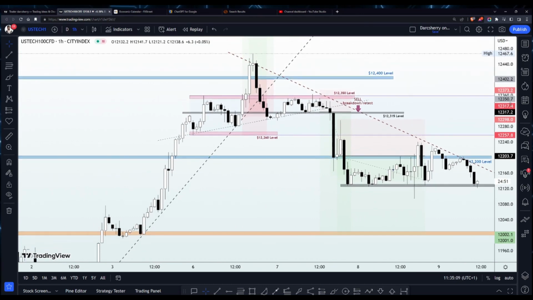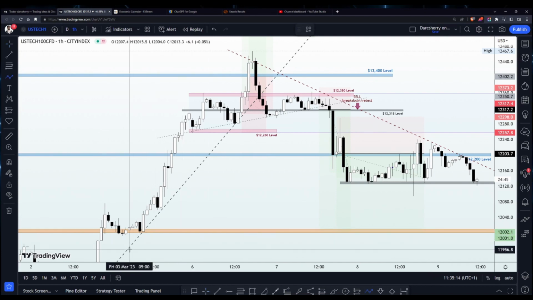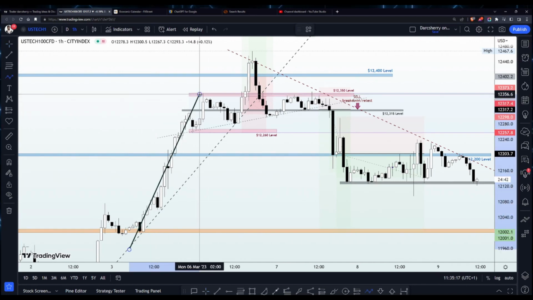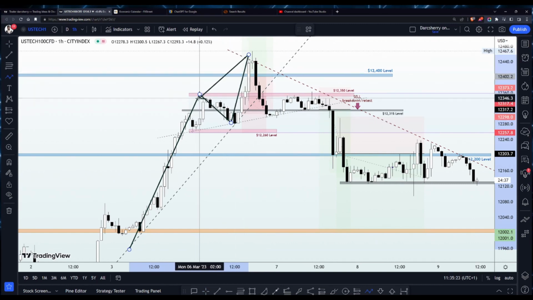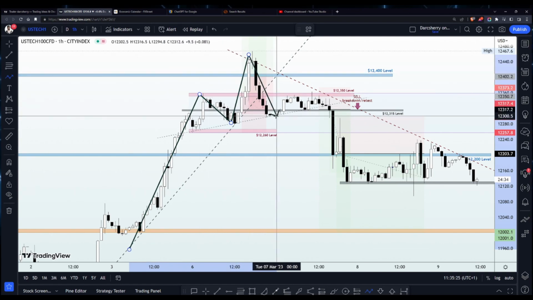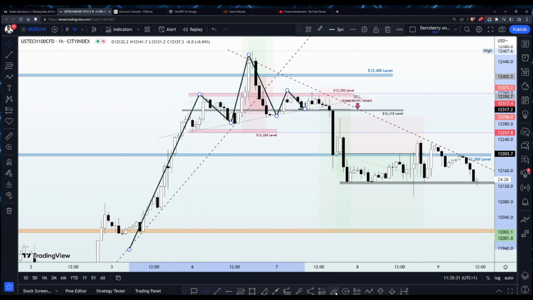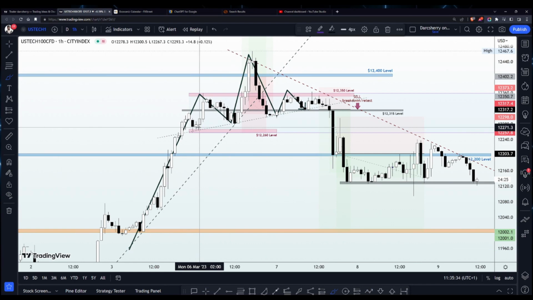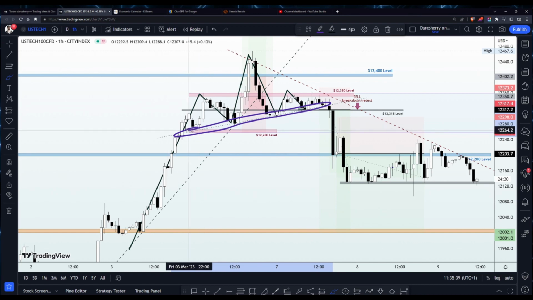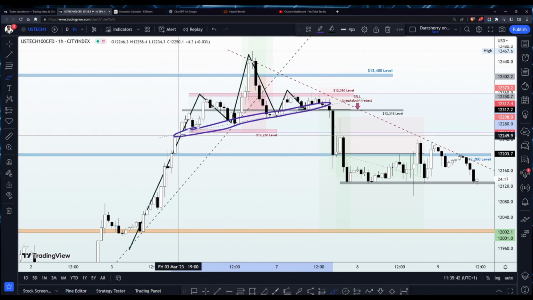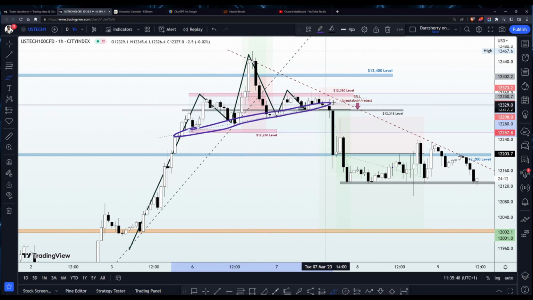So if I zoom out a little further and take into consideration the previous impulse leg that started last week, that is this bullish move to the upside, we identified a head and shoulder pattern. So we have the left shoulder here, we have the head, and then we have the right shoulder here. Then the neckline of that reversal pattern coincidentally shares the same line with the bullish trend line that we identified at the beginning of the week. As you can see, since the beginning of the week, we had this bullish momentum. So when we connected a series of higher lows, we had this beautiful neckline